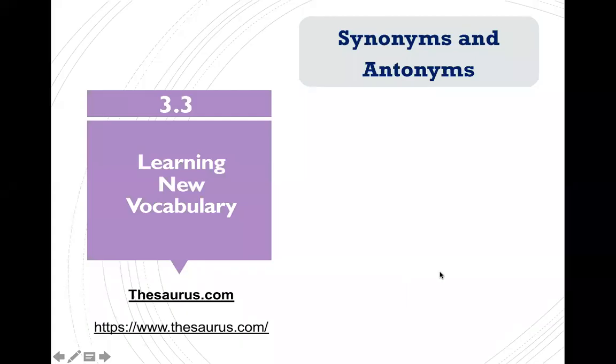3.3, learning new vocabulary. Always ask yourself, does the word have any synonyms and antonyms? Synonyms are the words with the same or similar meaning, and antonyms are the words with opposite meanings. It is extremely important to increase the number of your vocabulary by adding more synonyms and antonyms, especially in writing and speaking. And of course, it will make you feel more comfortable if you have more vocabularies when you read